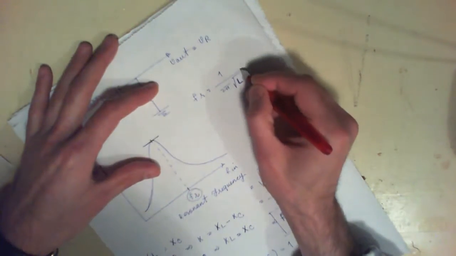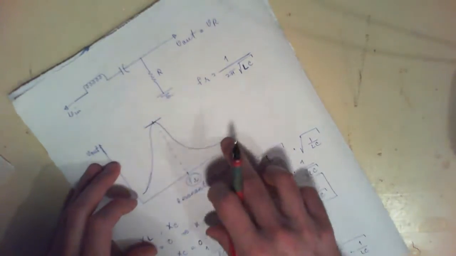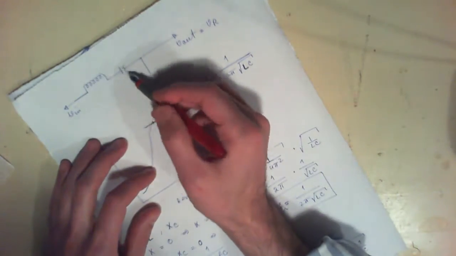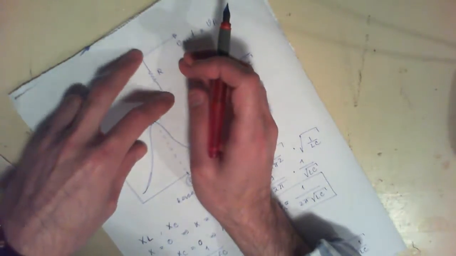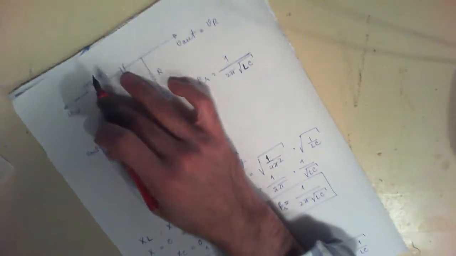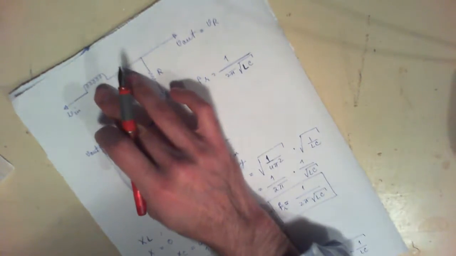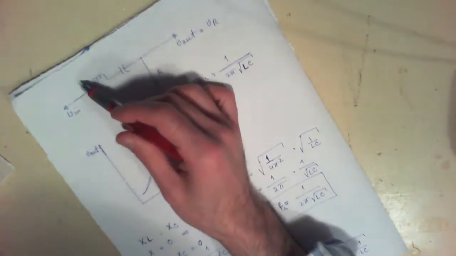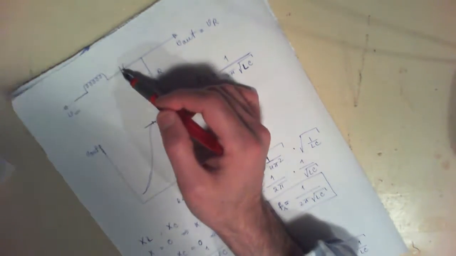Now when this happens, you get your peak voltage over here, because there is practically no voltage drop across these two components, and all of your voltage is going to appear across this resistor. But I should repeat that, basically, it's not possible that there is no voltage drop across the inductor and the capacitor,